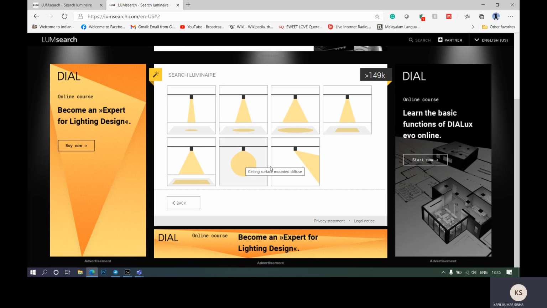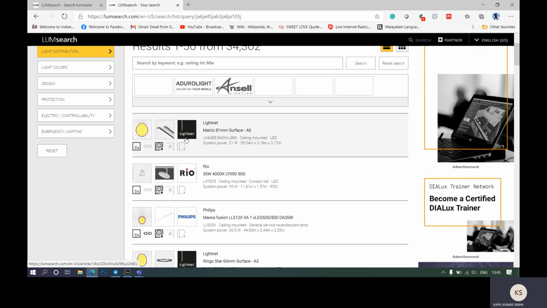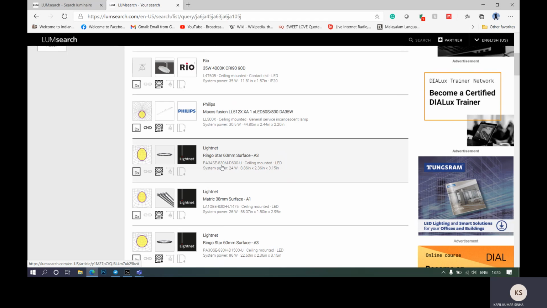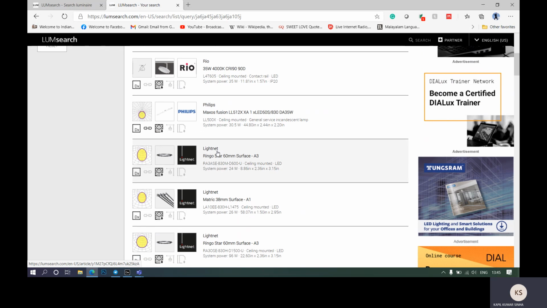So the ceiling surface mounted, but it should have diffused lighting. Later we can see both options and how it varies. So for now I'm using ceiling surface mounted with diffuse lighting. Once you click over here, you will get different types of luminaires. As you can see over here, this is Philips Maxos Fusion. This is the rating, and if I want this over here,